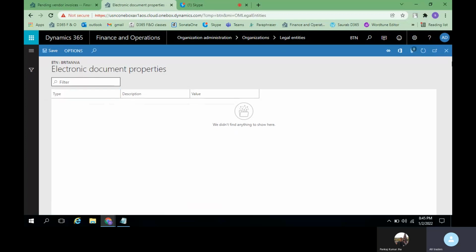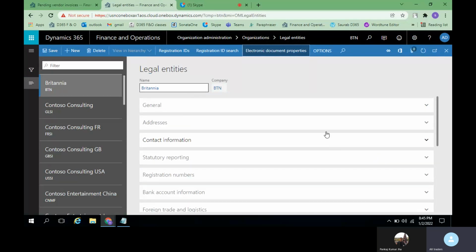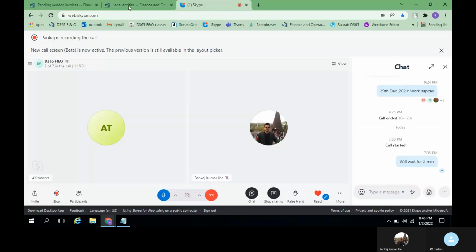These are not mandatory fields, I guess. So these are the basic details, guys, whatever we have entered. As and when there is a requirement, we will have to explore the purpose of this field. Just click on save. That's all. For the time being, for today we will just stop this recording at legal entities creation.